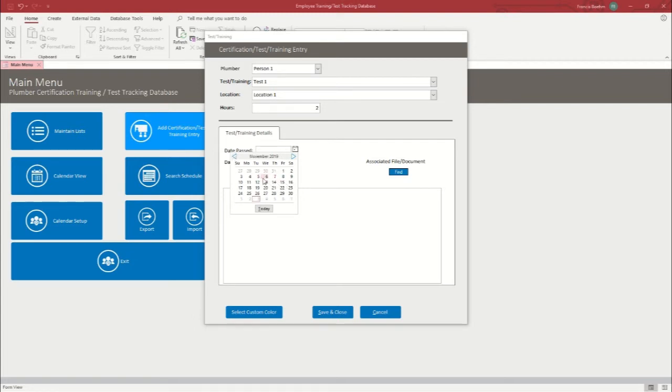So let's jump over here and say that this plumber took a test last month. And it expires a month later on the 4th. Okay, and we'll say that this was their monthly safety exam. And we will